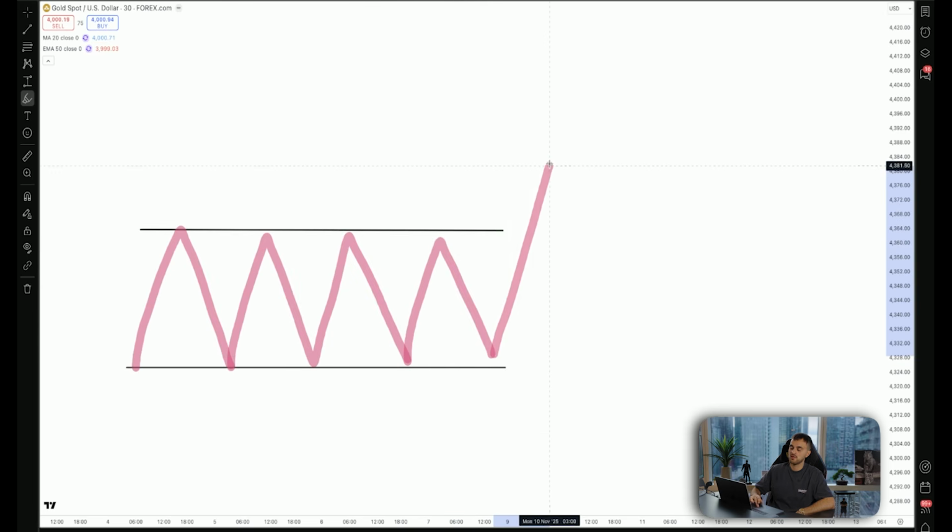Typically the market will break out. It'll choose one side of the range to break out of. Once it's broken out of that range, that's when breakout traders will trade in that direction. Now me, myself, I'm not so much of a breakout trader, but breakout traders will try to catch these moves out of the consolidation. I'm more of someone, in terms of strategy, who looks for a retest of my breakout range. And this will be a strategy that's called a break and a retest. A very, very common strategy that I even like to use on gold.